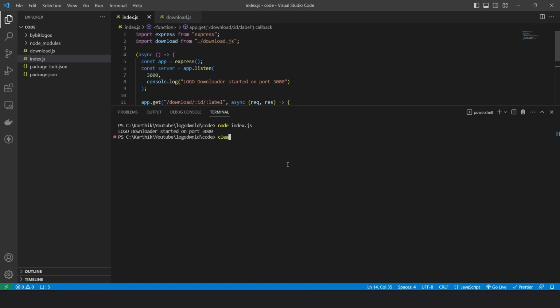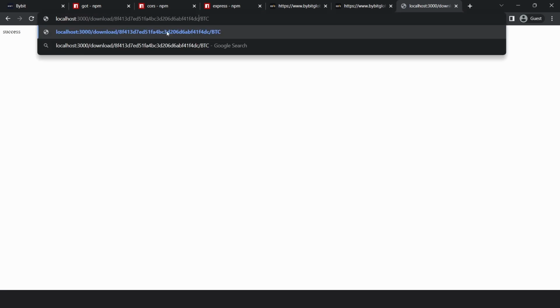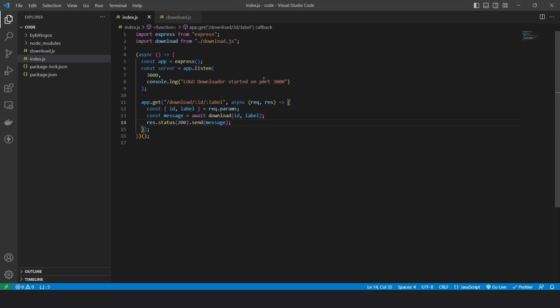Let's restart this app, and let's try to download it, right? Let's try with Ethereum. Download Ethereum, and I'll put the label as ETH and hit enter. Again, this is a simple express route, right? You can call it directly from the browser and hit enter. You see a success message, and if I go to the folder Bybit logos,